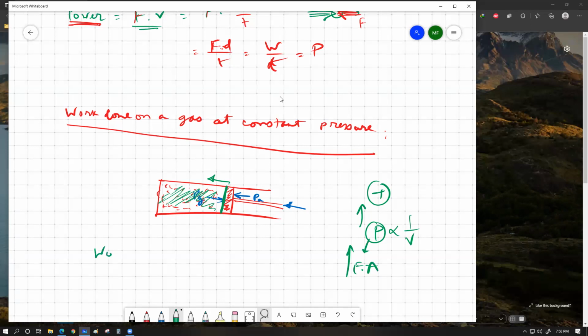Work done on gas when gas is compressed equals pressure into delta V. In the same way, if in any case the gas itself expands, if you wonder why should the gas expand,